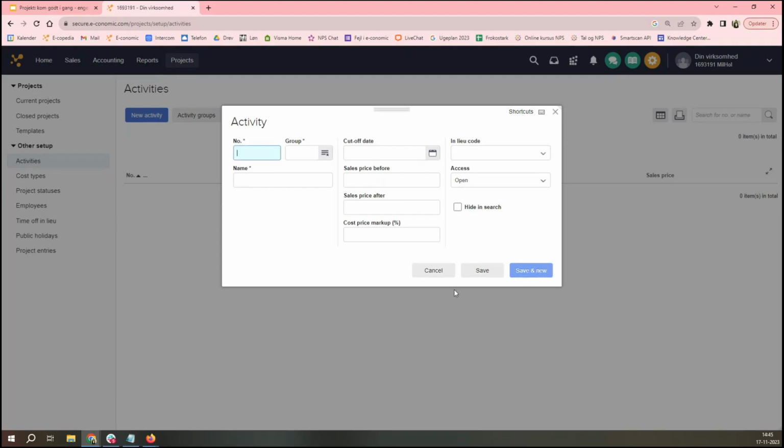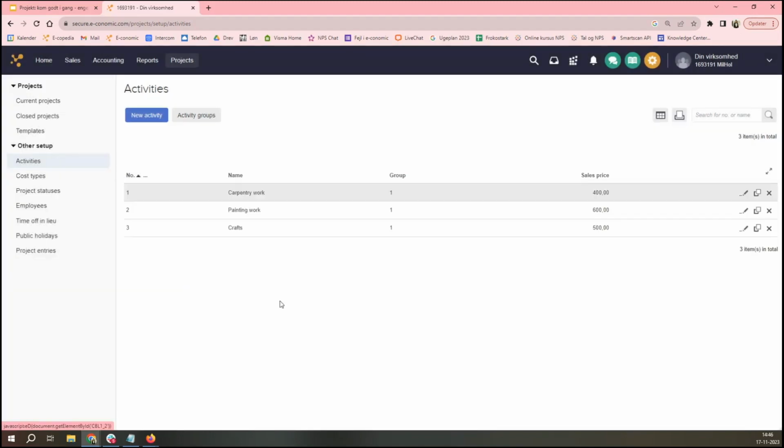Next, we'll press save and new to create one last activity. This is my activity number 3, and we still place it in the group number 1. And this is for crafts. Good. And also here for the crafts, there are no upcoming price changes, so I only fill in the sales price before as well as I did on the painting work. So that would be 500 Danish crowns. And I'll press save. Now I have created the various activities, but now I need to create some employees who